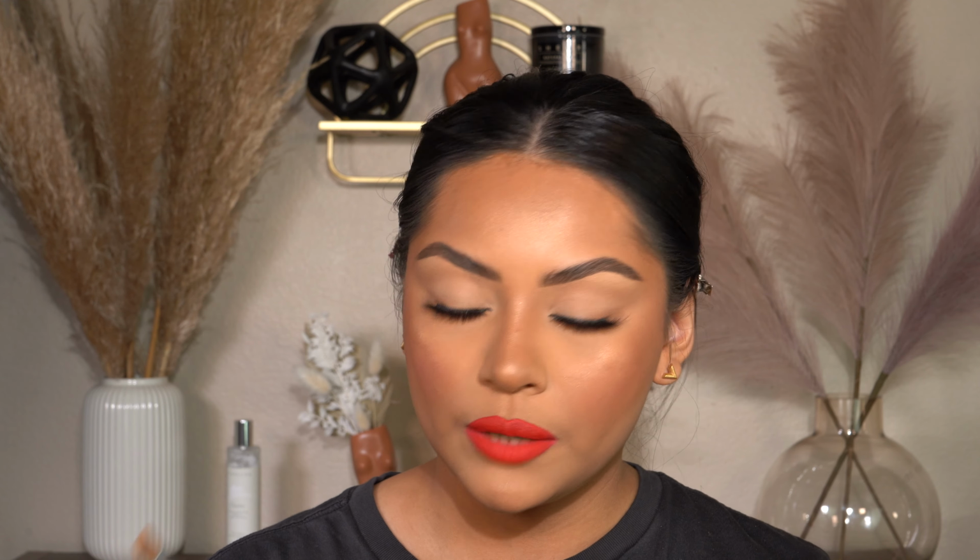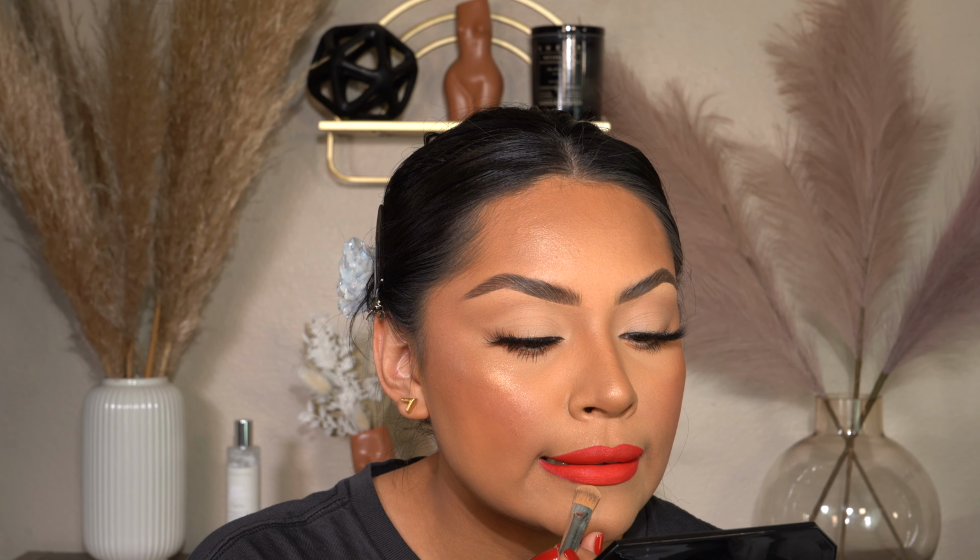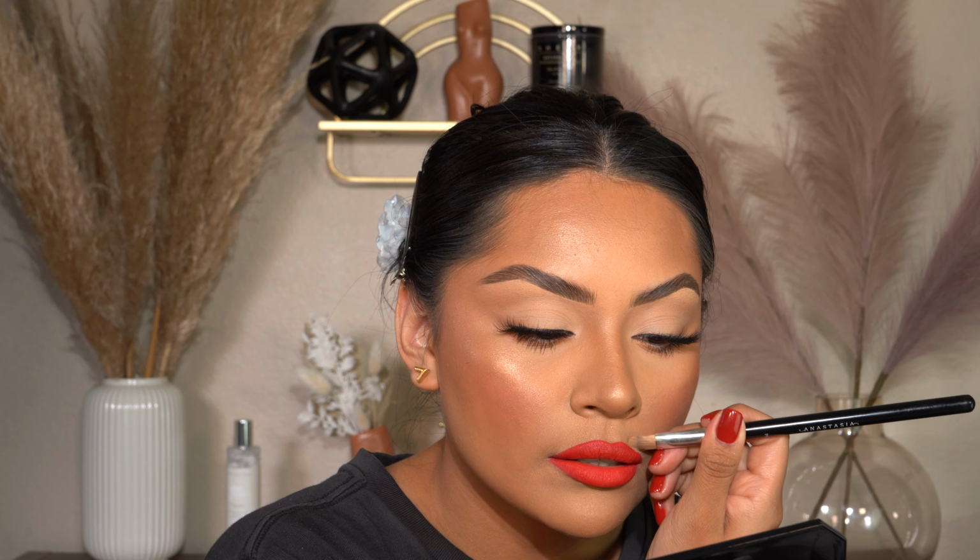Okay. So I'm going to take my foundation brush just because we do have a little bit of foundation. You want to correct the edges with this. Red is a tricky color to get right. So pretty. I'm going to go ahead and put on a different shirt because this is a little too dull. So I'm gonna go ahead and put a new shirt on, also fix my hair a little, and then